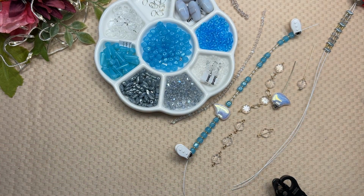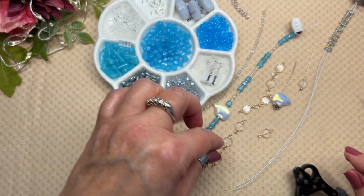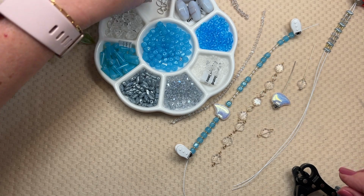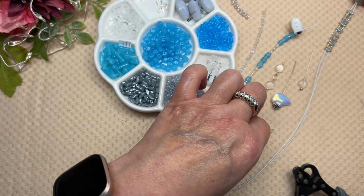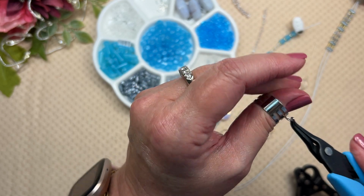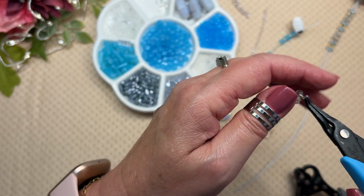And let's see, I want my little jump ring guy, and I'm just going to finish connecting these with these great, I love oval jump rings. They look less like a jump ring, and to me they kind of look chain-like. So this is just a simple beaded snowflake chain. This is having a little moment for me,